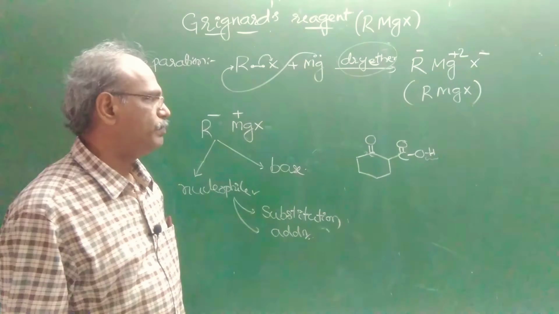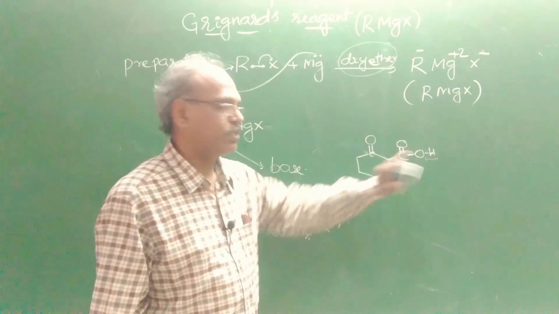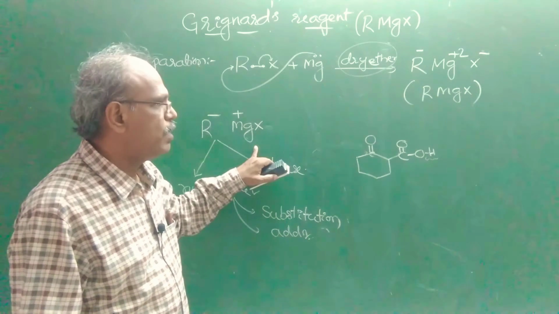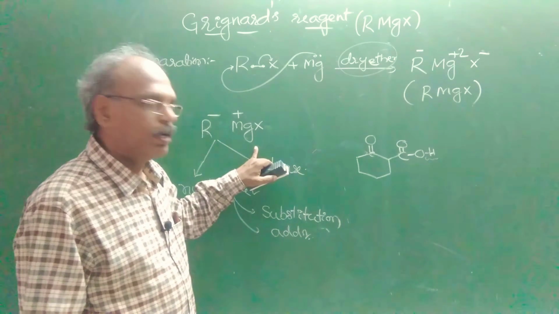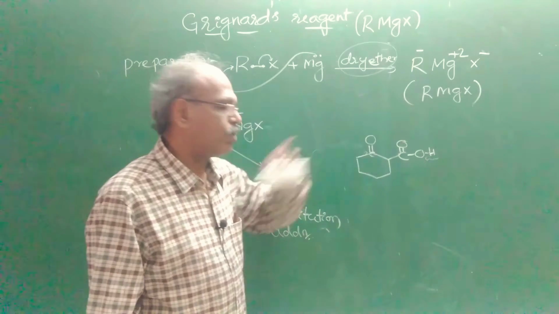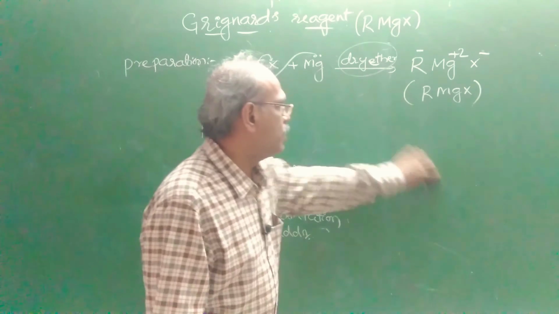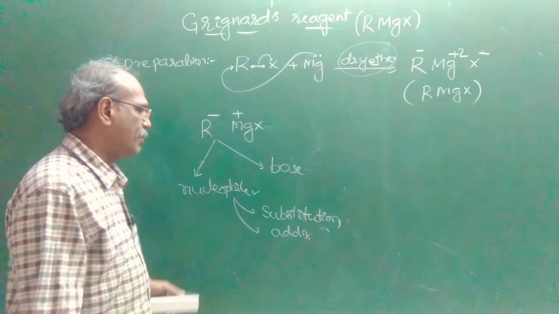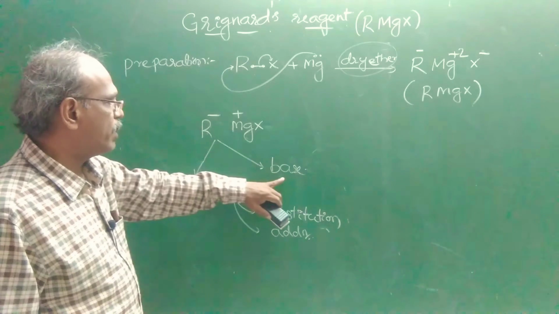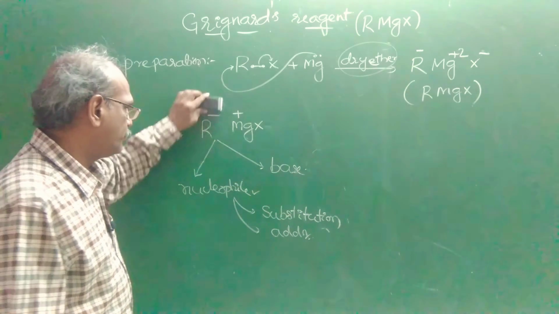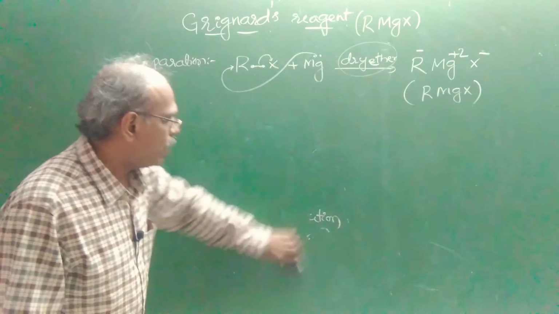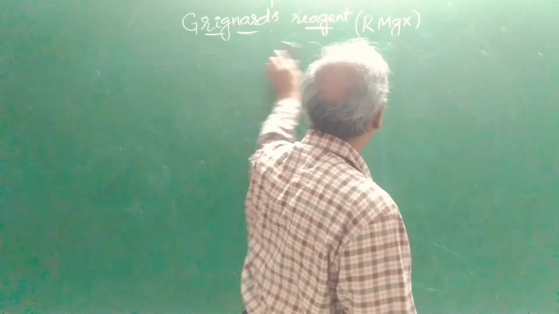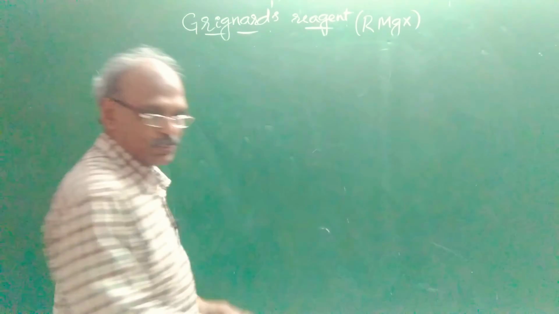Which is preferable? See, acid base reactions are fast. So if only one equivalent of Grignard's reagent is available, it first reacts preferentially with the acidic group. If an excess of reagent is present, it reacts with both, but that is a different case. So priority will be given to this nature, if possible. Now let's see the different reactions, or behavior, of Grignard's reagent